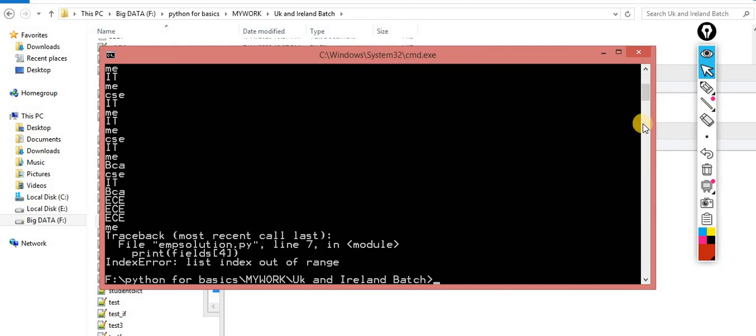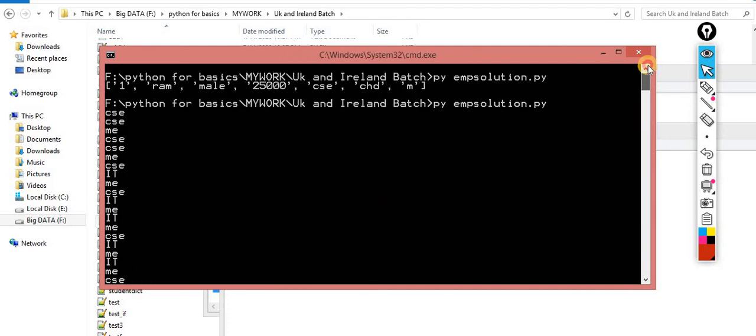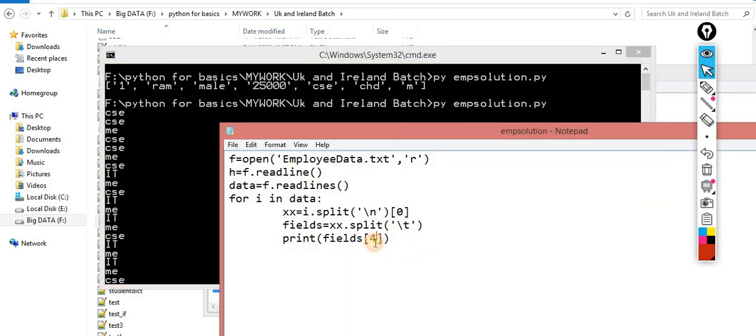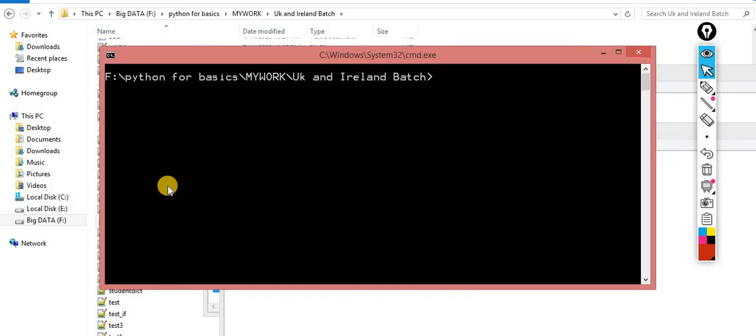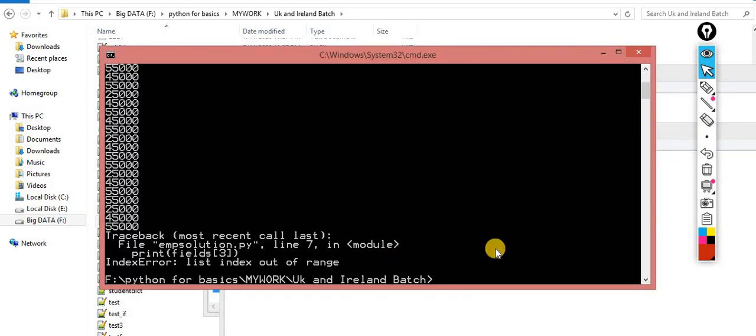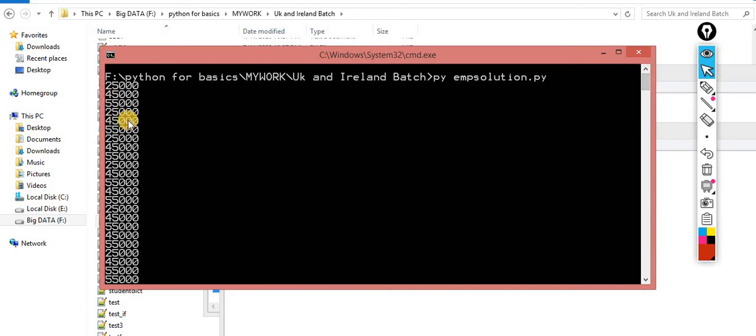Now you can check it out: 0, 1, 2, 3. I need index 3, so now I fetch this one. I fetch the entire records.